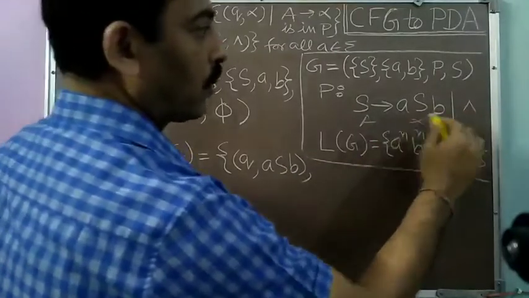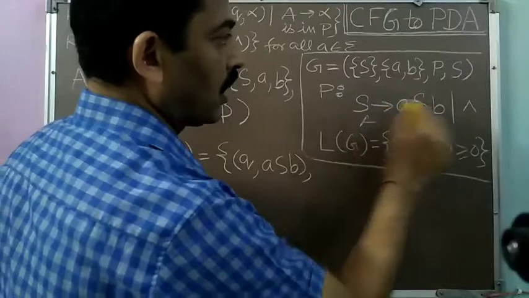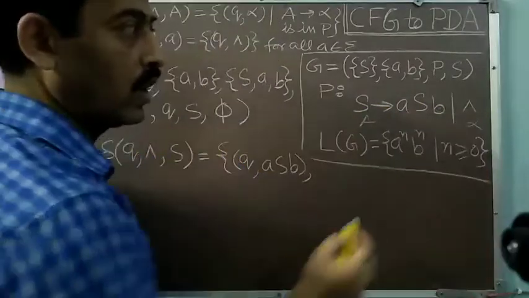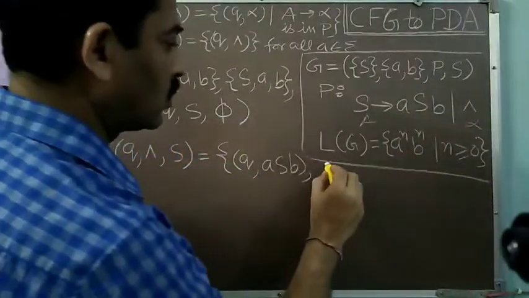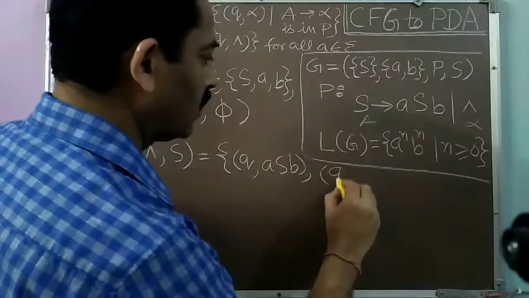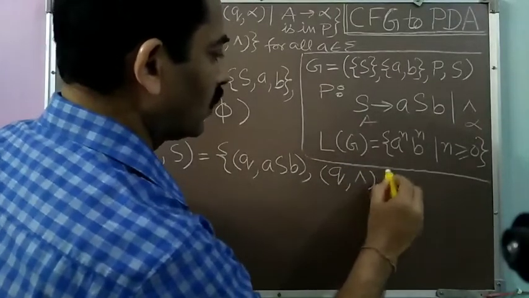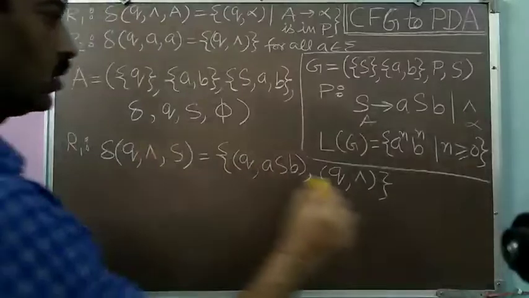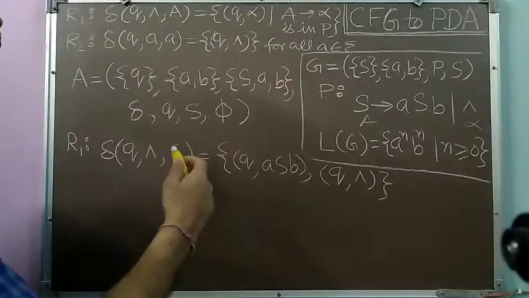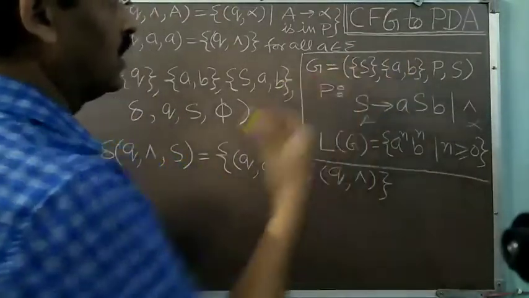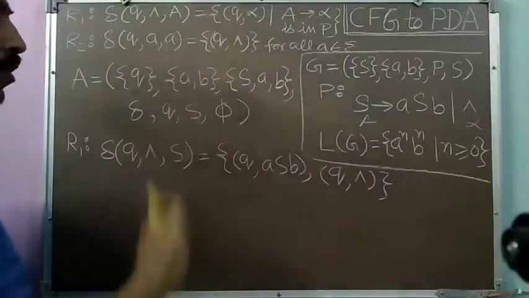Now there is one more alpha present here. Suppose I take this production S to null, so now this will become alpha. So the second alpha may be this. So I will add another pair, that is Q comma null. So that is the alpha. So this production I will get. So this I have to do for every variable present in the grammar.